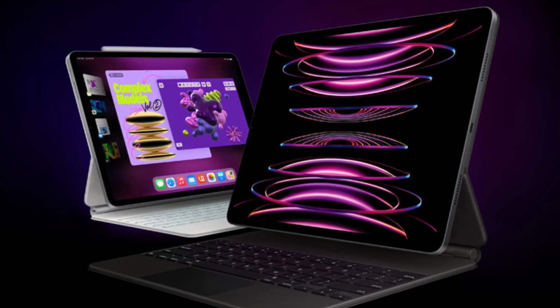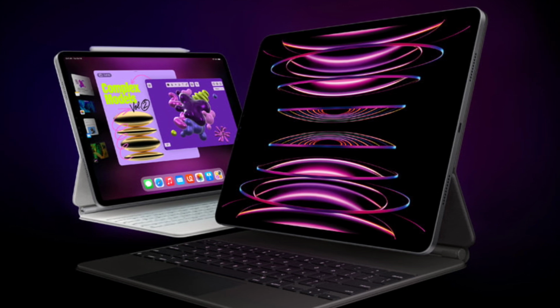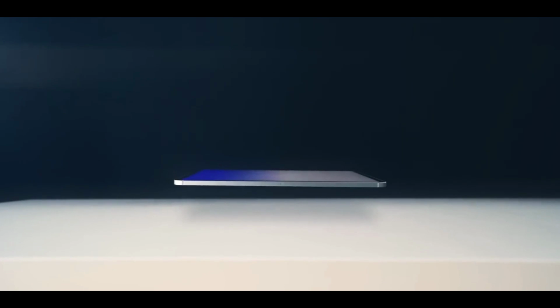truly versatile laptop replacement. The 6th gen 12.9-inch iPad Pro, which Apple launched last week, is near identical to the 5th gen iPad Pro in many key aspects. It has the same design, display, cameras, speakers, and battery. It's exactly the same size and weight. It even has a nano SIM slot, just like last year's iPad Pro, even though Apple has gone SIM-less on